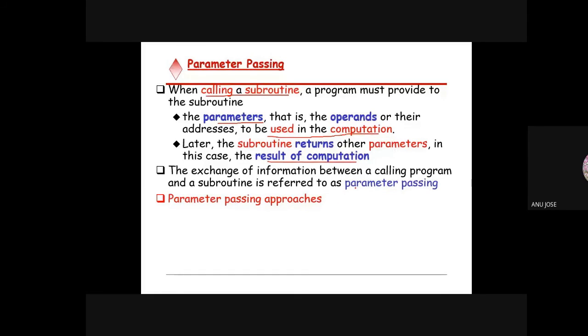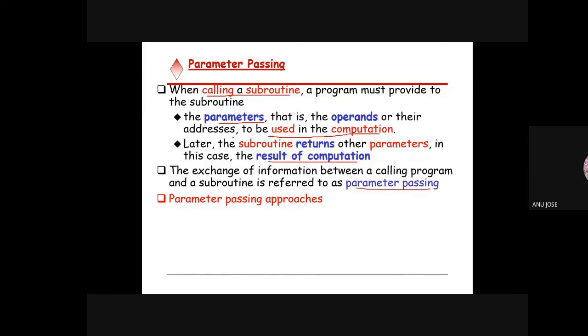So what is parameter passing? Parameters will be transferred into the subroutine, the subroutine will do the operation and the result will be transferred back into the calling program, and that process is called parameter passing.